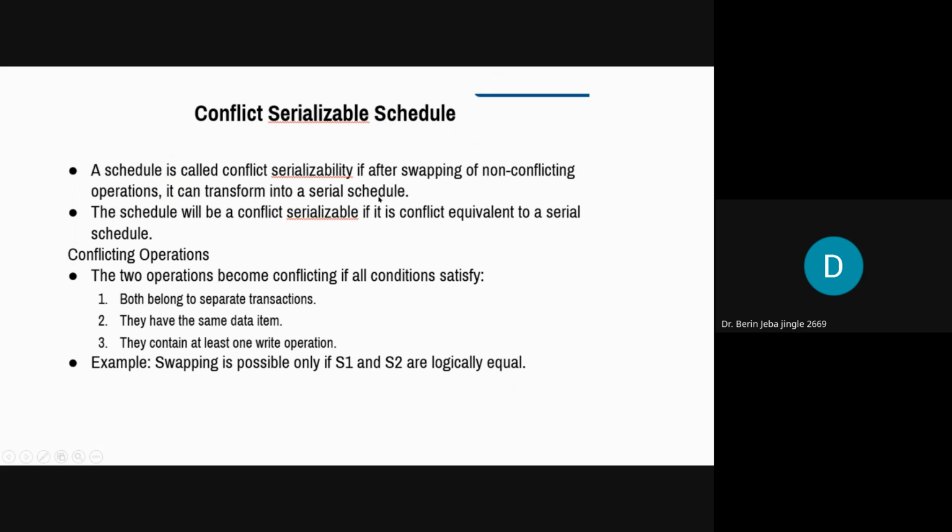You know serial schedule. What is a serial schedule? After a transaction is completed, then the other transaction starts. That is a serial schedule. The schedule will be conflict serializable if it is conflict equivalent to a serial schedule. So for conflicting, there are